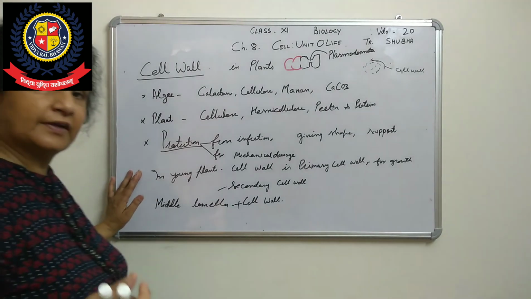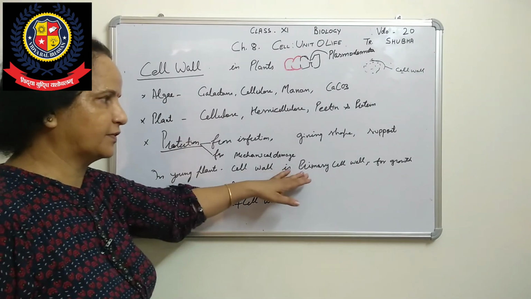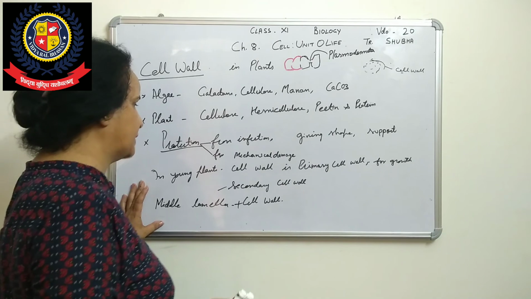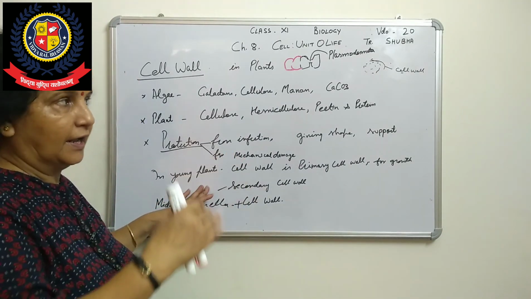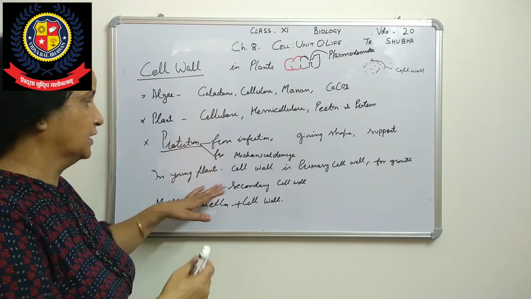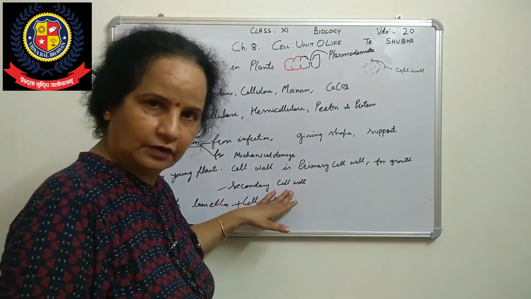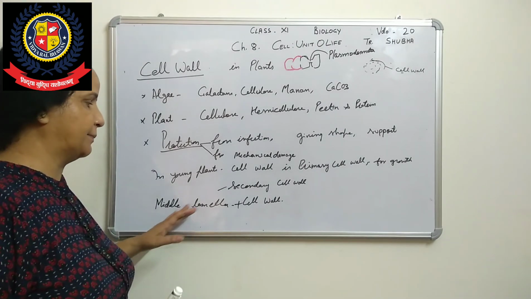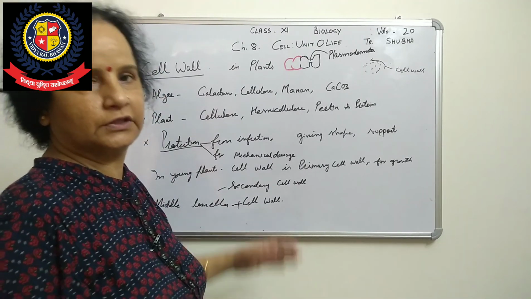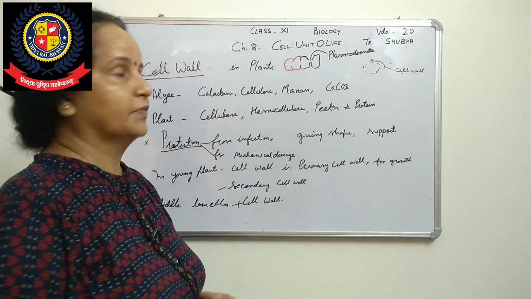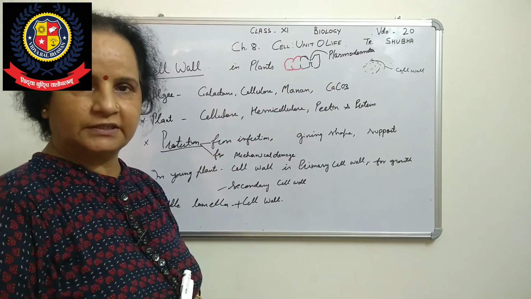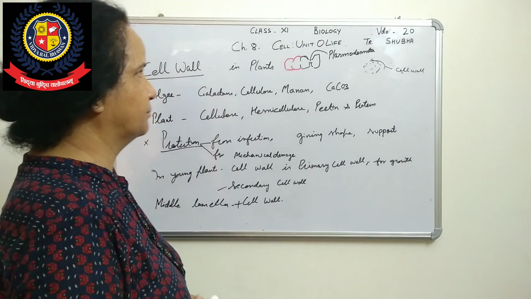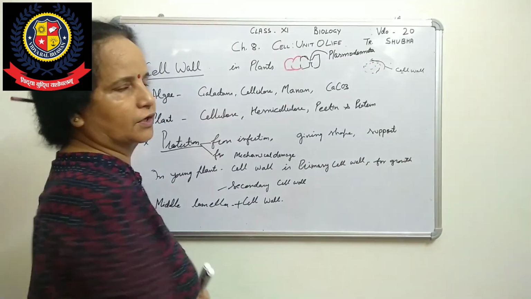In young plants, when the plants are new, the cell wall is called the primary cell wall, and at that time the cells are multiplying and growing in size. When the cell becomes mature, the primary cell wall disappears, and one more wall from inside is there, called the secondary cell wall. One more layer is there, the middle lamella, middle layer. Now the cell wall and middle layer come together, and they form plasmodesmata. Plasmodesmata are helpful in the transport of nutrients, water, or sap, so that these cells communicate with each other.